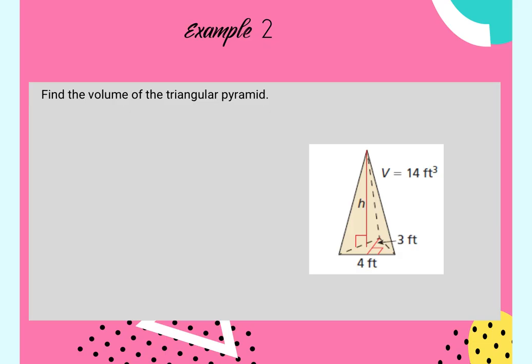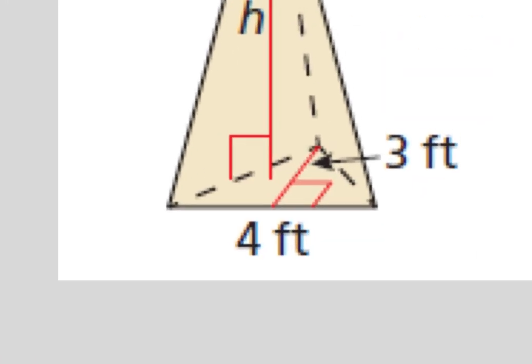All right, example 2 says find the volume of the triangular pyramid. So I know volume equals 1/3 base area times height, but the base, the B, is what we got to figure out. In this diagram, if you look at that triangle on the bottom,